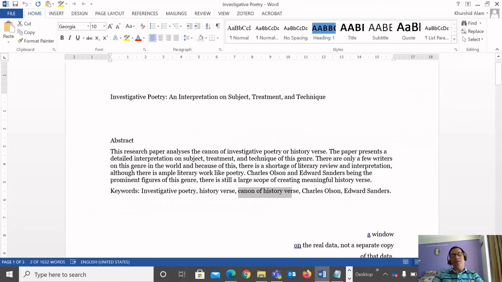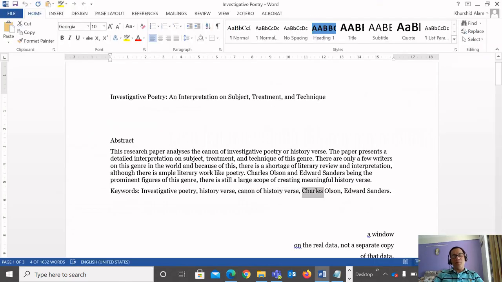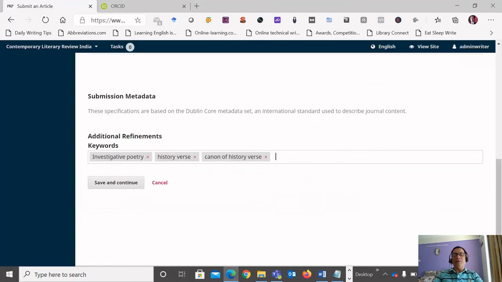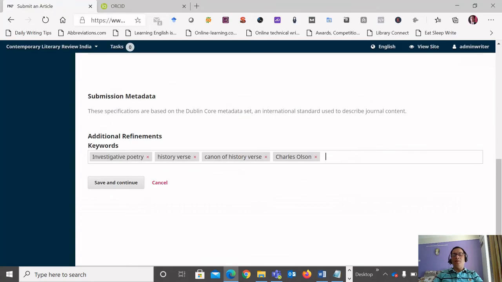Then once again, canon of history verse, this is another term, and then pressing comma. Charles Olson, then I'm typing here and then pressing comma, and then Edward Sanders and then comma. Now I have added all the relevant keywords. So click save and continue.